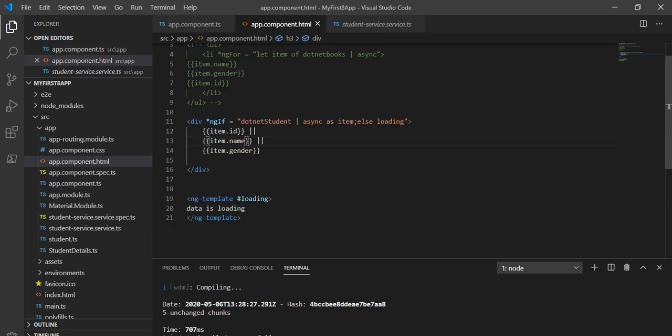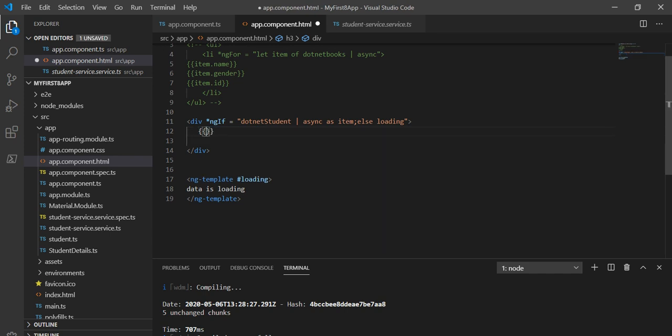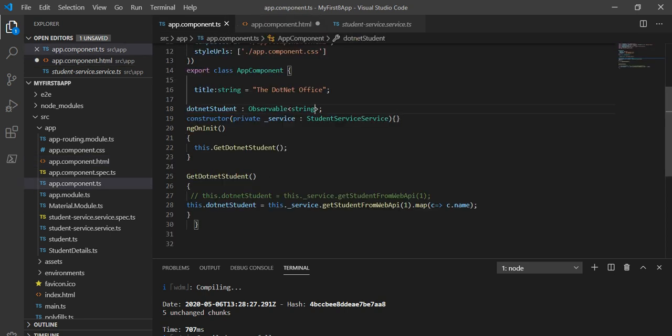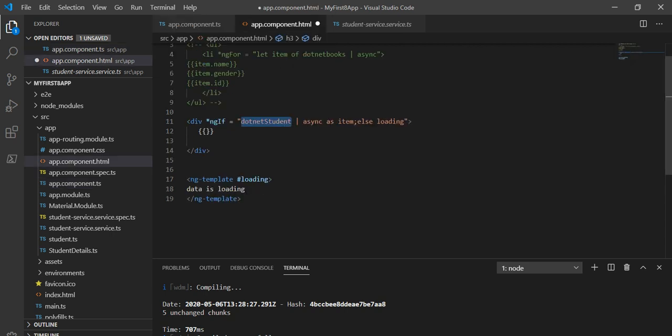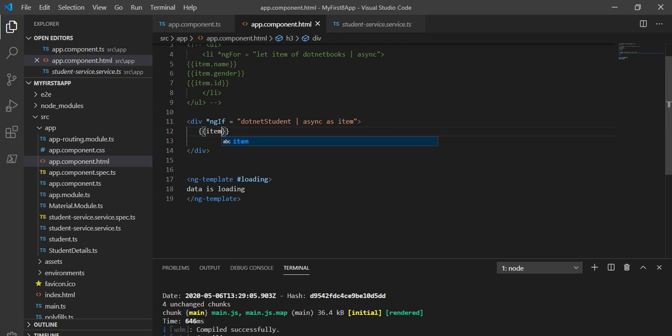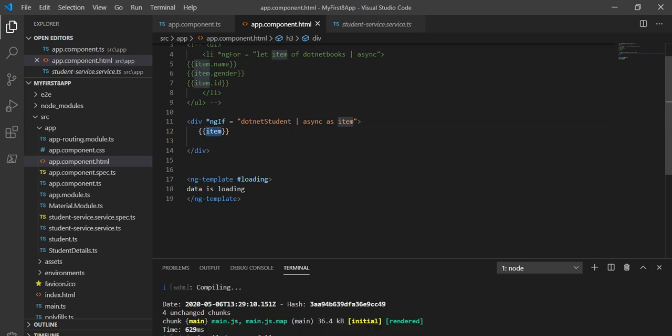After this, we will show the respective data on our browser. So in the HTML page we have to make the changes. Now data will sit in this, because we have written it here, and it is returning only the name, not the full array. So I am taking the data as an item, and I am going to print only item here, because there is a name, and the name will sit into the item only.